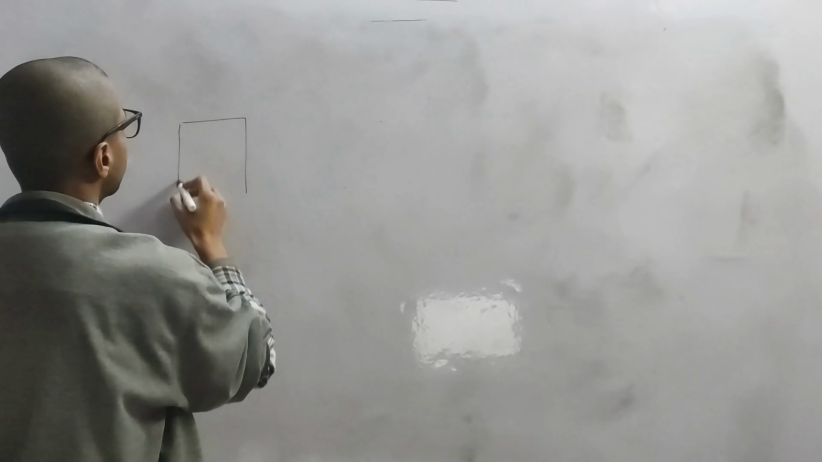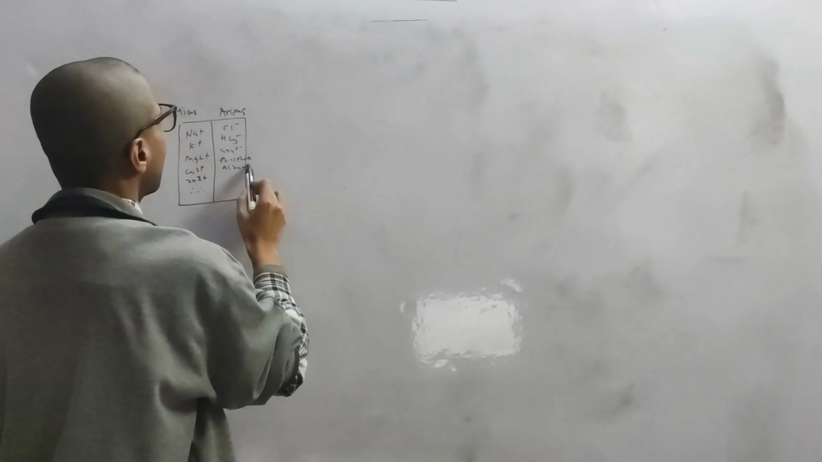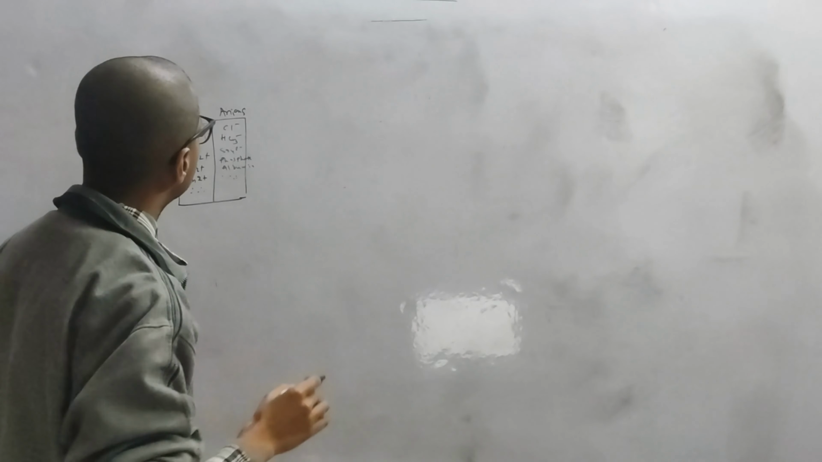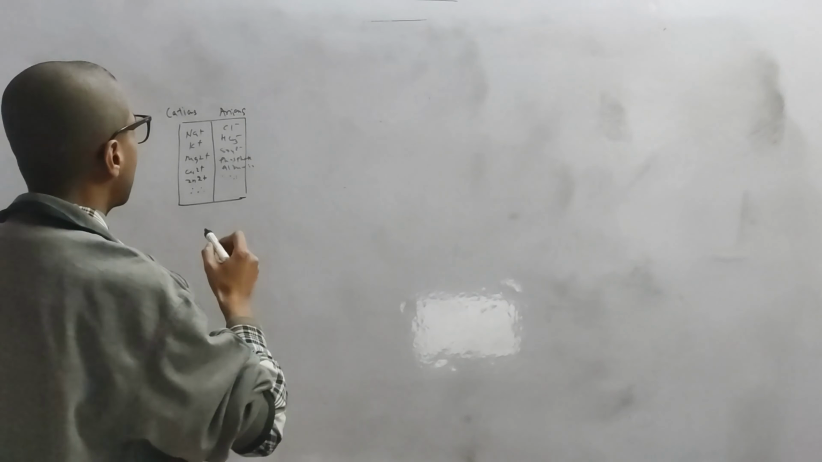So what are the major cations inside the blood? Sodium, potassium, magnesium, copper, zinc, and many others. And what are the anions? Chloride, bicarbonate, sulfate, phosphate, albumin, and a variety of other anions are present inside the normal body. And the total amount of cations is equal to the total amount of anions to maintain electroneutrality, unless there is a